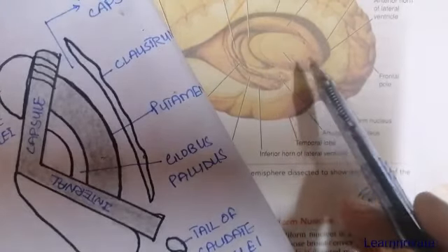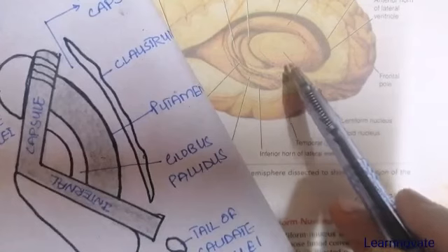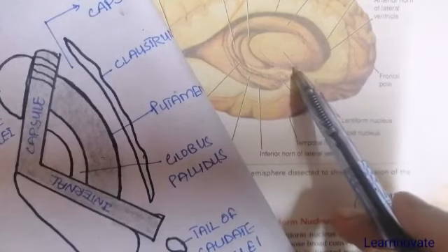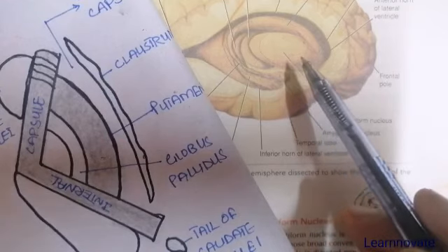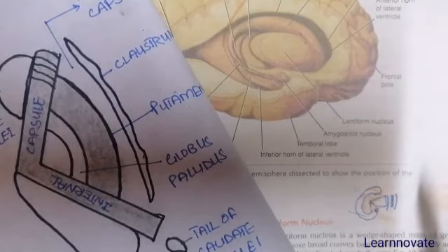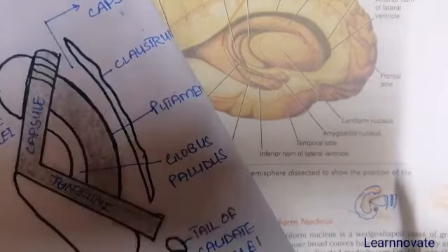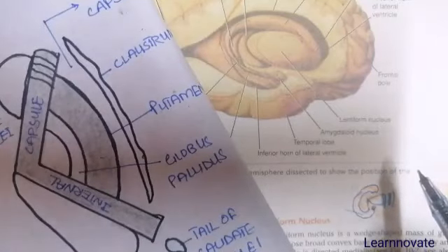Now coming to the last important role of the basal ganglia, it is the maintenance of posture and voluntary movement that we have just discussed. It also plays an important role in the discrete movement of the hands and feet, as it controls the distal movement of the hands, fingers and feet.